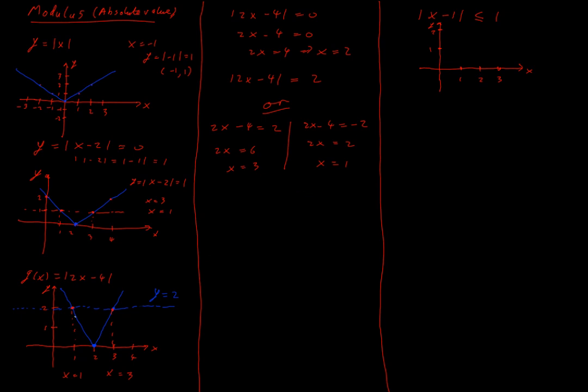I can use my graph to figure out where my y equals 2 line intersects with my absolute value or my modulus function. Or I can say that what is in my modulus sign could be positive or it could be negative. Or what modulus means is that I'm going to take the positive value of something all the time. What's the other thing that we've learned about that means we always end up with a positive value? Squaring something. So if I have